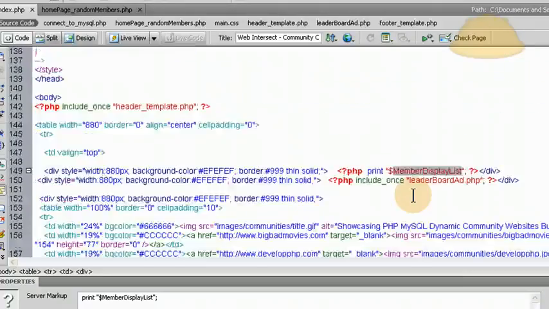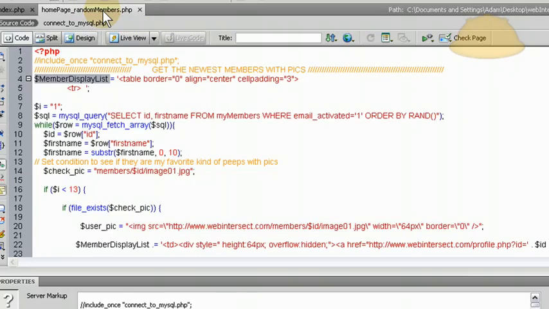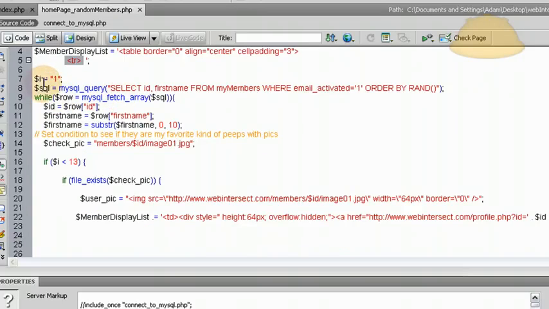Member display list right there. That's where it feeds in from this included file. So we start that variable right here. We start with the table that we want to use and the styling on that table, and we just open the first table row, and then we close the variable there. Then we run the SQL statement, or the SQL query rather,